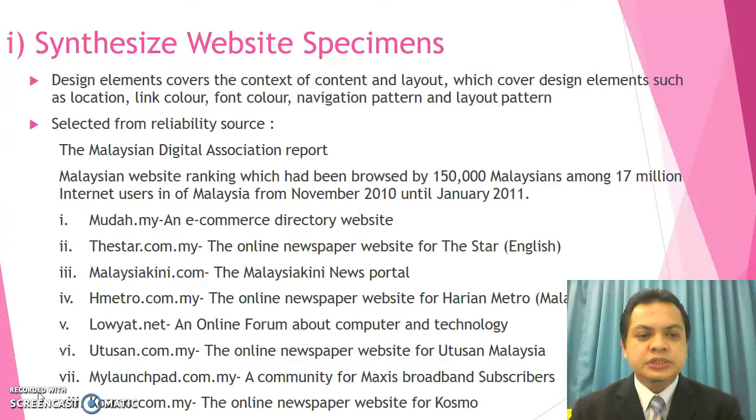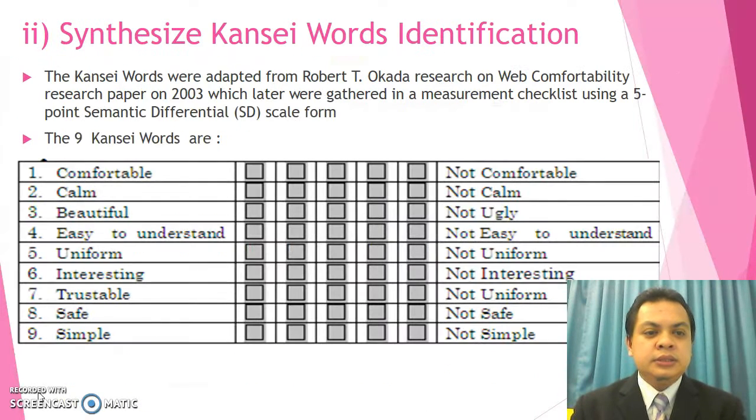We take from the Malaysian Digital Social Report, the report which was browsed by more than 150 Malaysians among 70 million internet users of Malaysia from November 2010 until January 2011. So we have chosen 9 websites here. The list appears on the screen. So the list comes from the National Digital Social Report. And the second one is